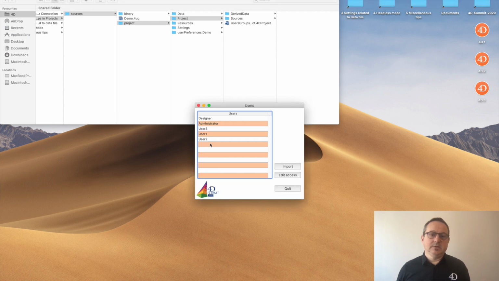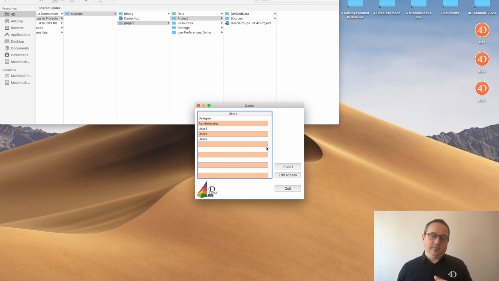And then you can see you have different users. The users are stored in the directory JSON in the settings folder near the data file. So when you process your updates, you have no more need to save your users and restore them after the update. It's easier for deployment, and the users management is still available.